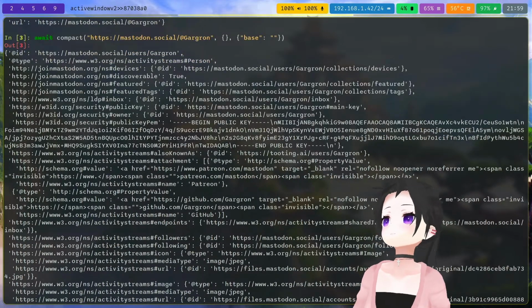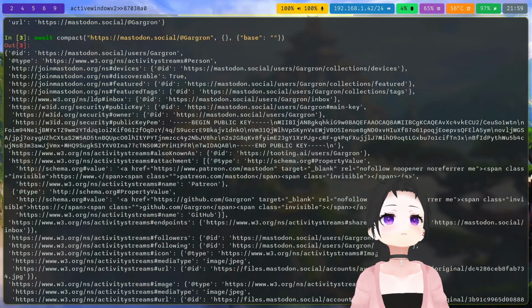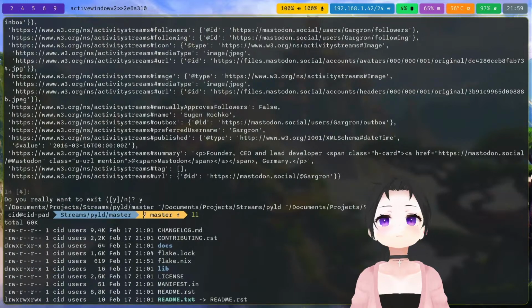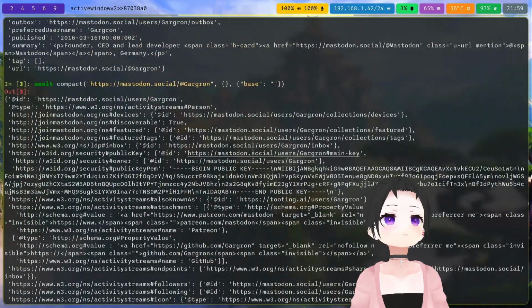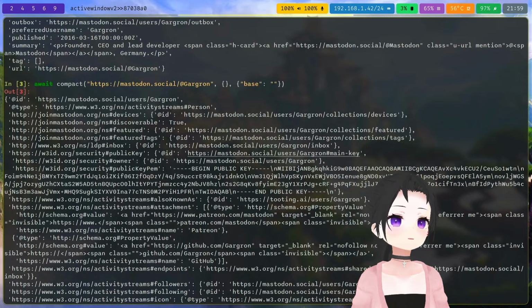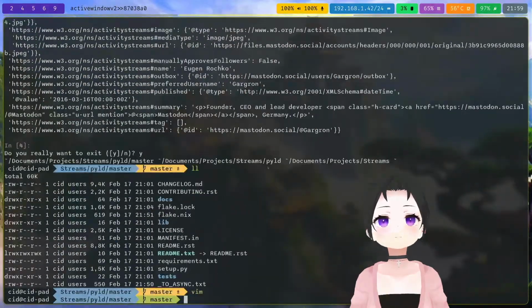I will explain more about how I intend to do it and why it's necessary, what I want to do, and how this will then become the backbone of the support for ActivityPub of my web service. So until then,